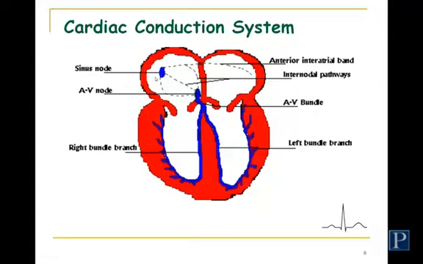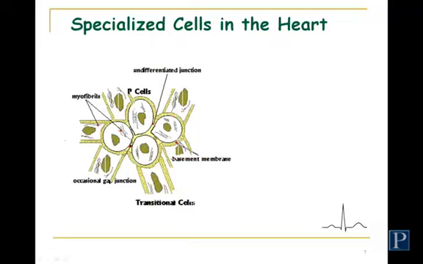So it's a little specialized muscle, and I call it muscle, but it has changed over the course of evolution. It originally was muscle, but it has lost most of its myofibrils, so it has very few myofibrils. So it does not have very many contractile elements or filaments. So these cells do not contract. These cells are responsible for generating the action potentials, the electrical activity in the heart. So these guys are going to get the ball rolling.